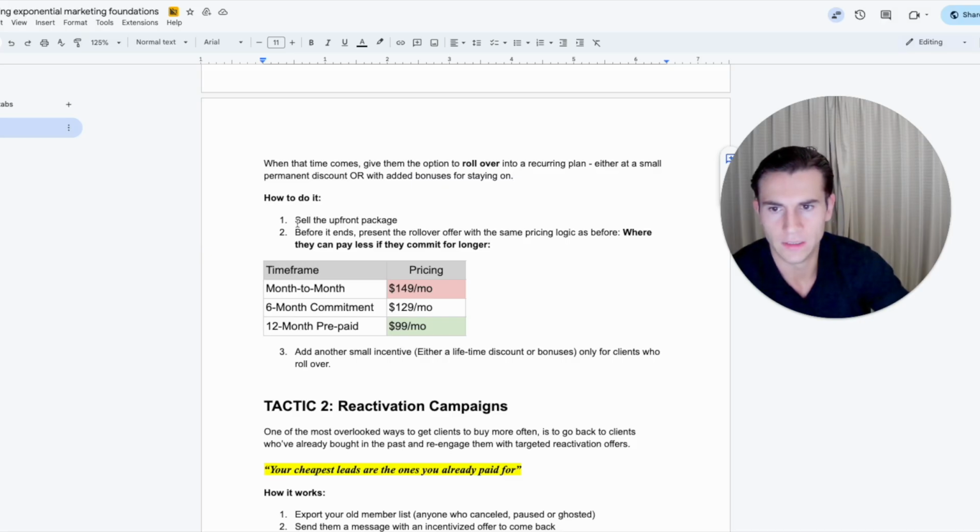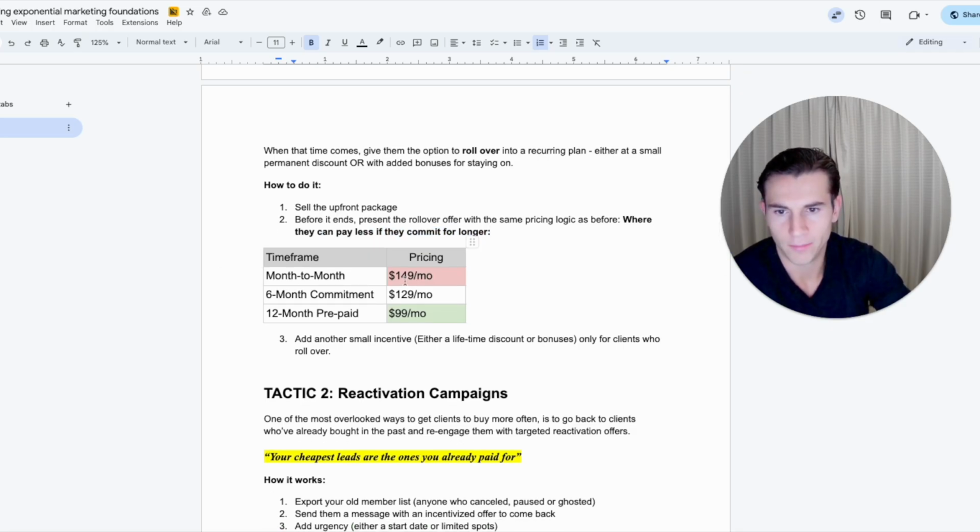Okay, so how to do it. Sell the upfront package, okay? Before it ends, present the rollover offer with the same pricing logic as before, where they can pay less if they commit for longer, okay? So month to month, $149, 6-month commitment, $129, 12-month,